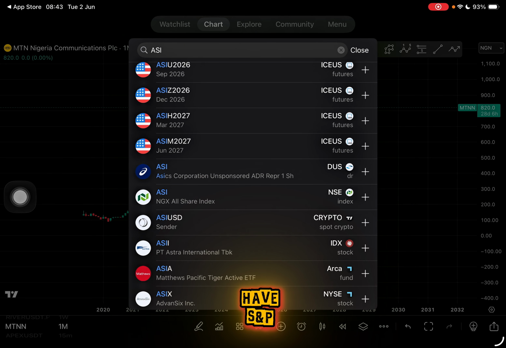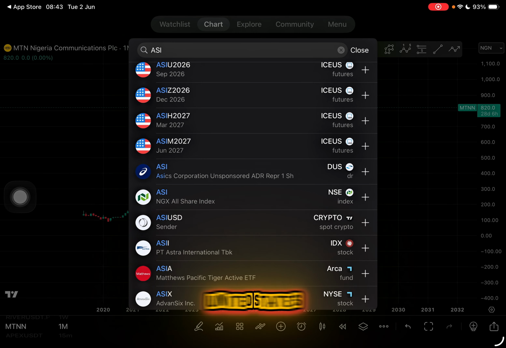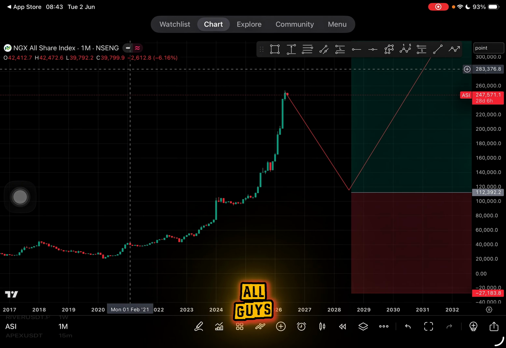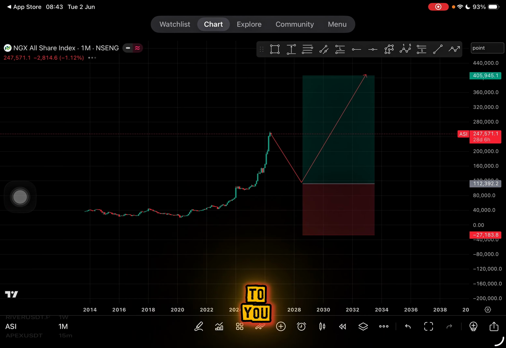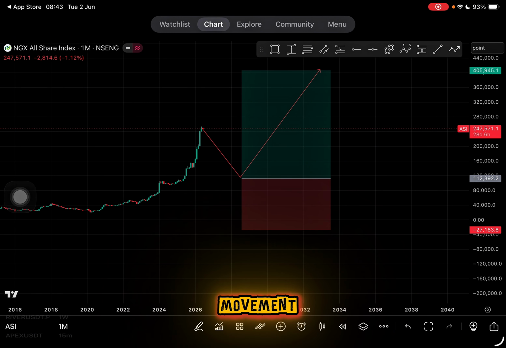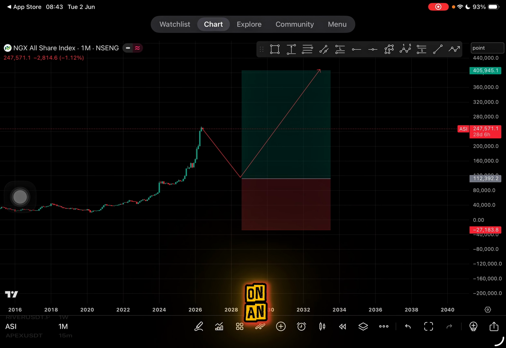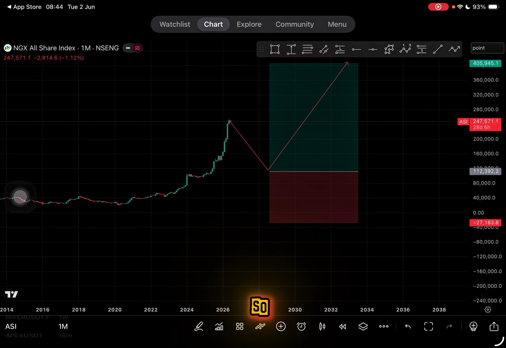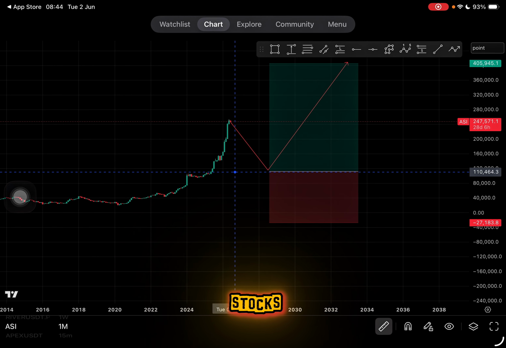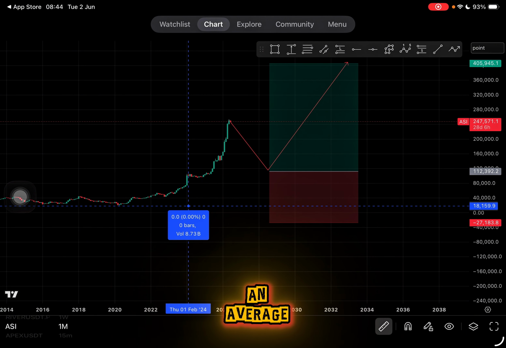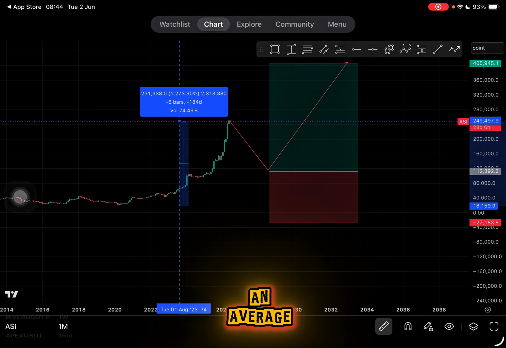You know the way they have the S&P for stocks in the United States? That is the way we have ASI, the all share index. So it just brings in all that is. I'm trying to explain ASI to you guys now. ASI just shows you the entire movement of all stocks on an average. You understand? All Nigerian stocks on an average, the entire movement. So the entire movement of all Nigerian stocks in the past months has been, let's start from here, on an average, all stocks have pumped on an average by